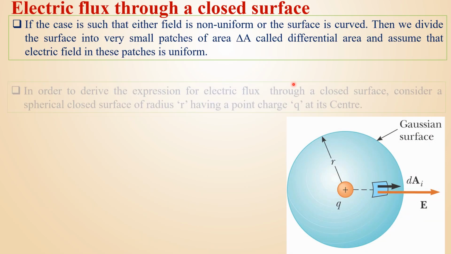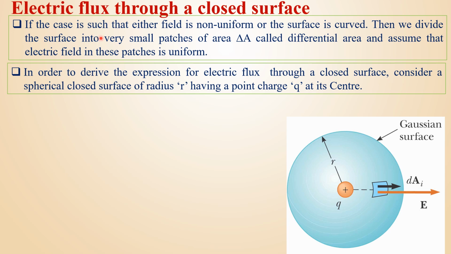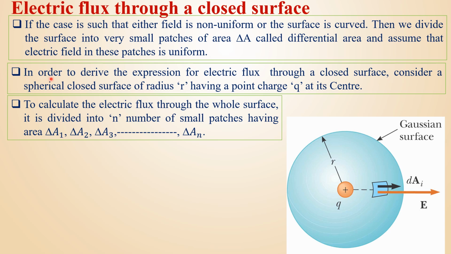Electric flux through a closed surface. If the case is such that either the field is non-uniform or the surface is curved, then we divide the surface into very small patches of surface area delta A, called differential area, and assume that the electric field in these patches is uniform. In order to derive the expression for electric flux through a closed surface, consider a spherical closed surface